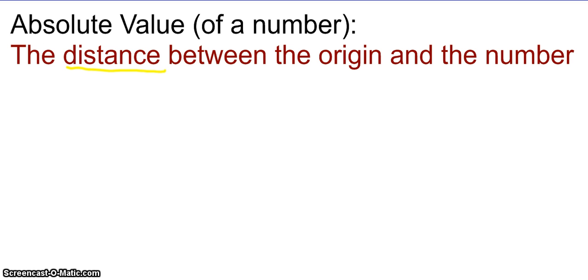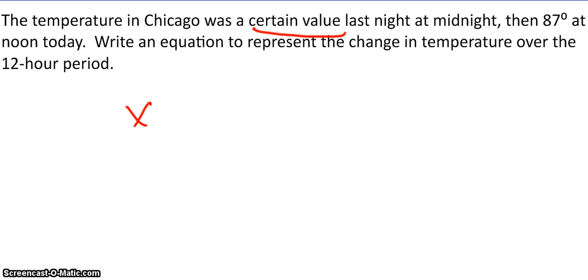So again, how do I know it's subtraction? Well, if I want to find the distance between two things, and in this case I'm talking about temperature, so it's kind of hard to think about distance, but we could substitute the word distance for difference, then we understand that it's subtraction, hopefully. So I'm going to do X minus 87 equals